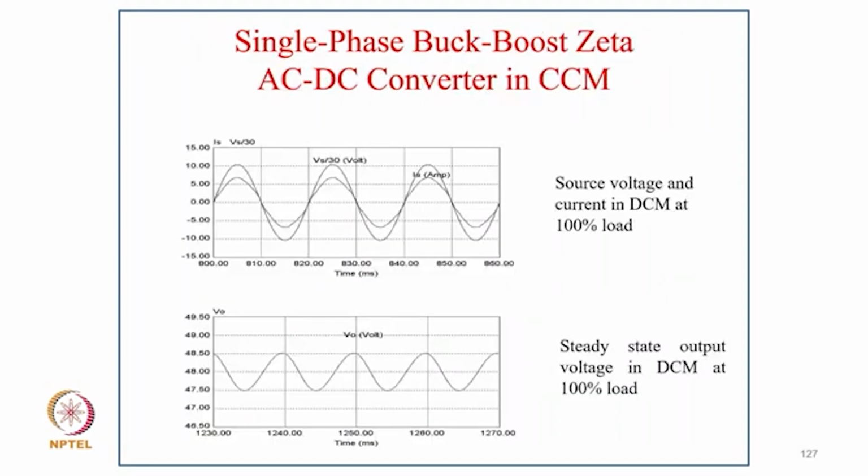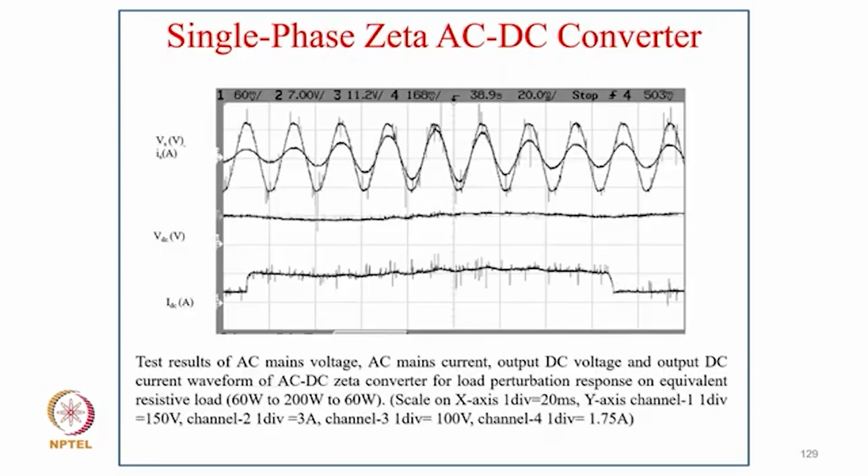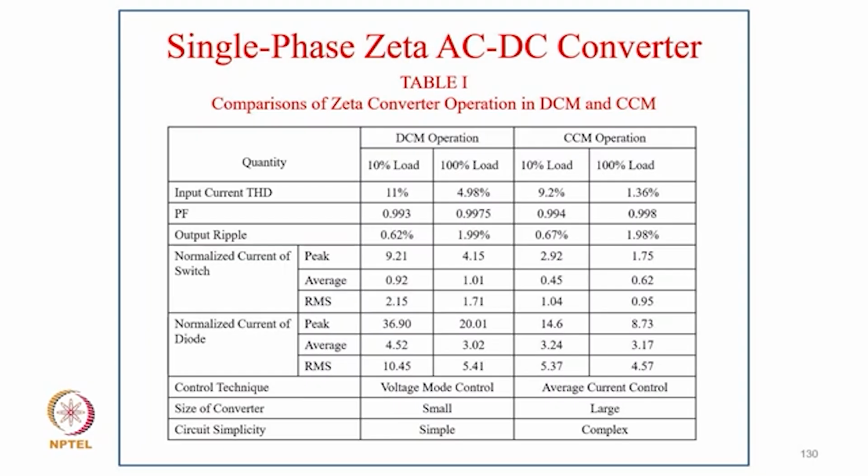And these are typical results in case of DCM, showing the supply voltage, supply current, and the output voltage hardly varying, typically within 1%. And this is the case of CCM, the performance of input voltage, input current, and output voltage. And this is the case of experimental results. You can see input supply voltage and input current: when load is increased, the supply current increases, and on load removal, the supply current reduces. But the power factor is generally maintained. We can see the supply current remains in phase. This is the typical relative performance, where of course the THD is a little lower in case of CCM.